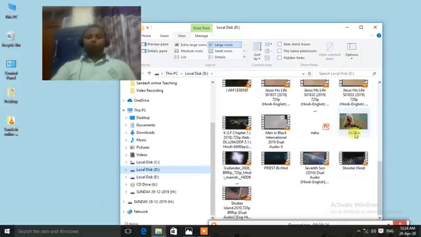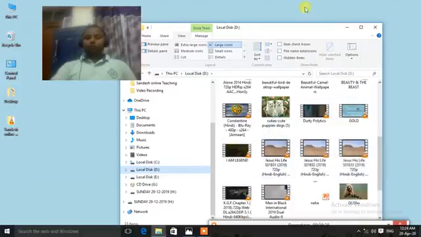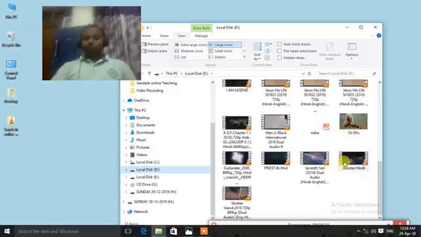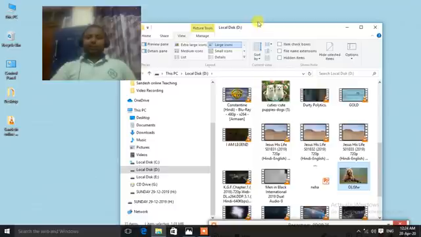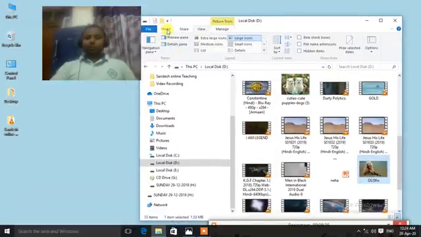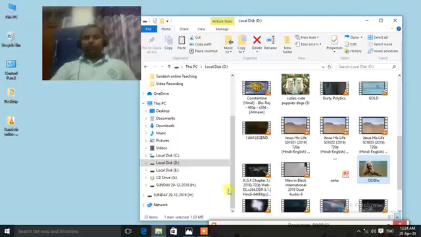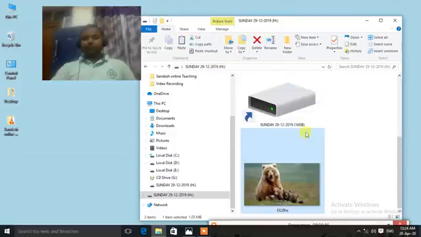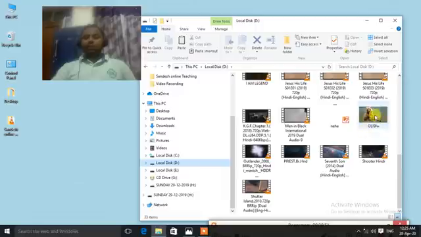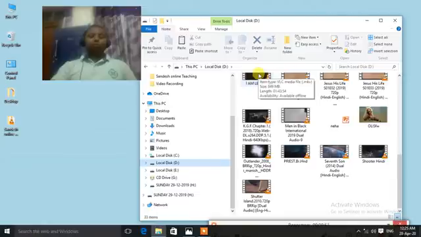If you want to copy a picture, what to do? Same thing. Suppose this one. Select this, click on copy, then click on pen drive, then click on paste. Now you can see this. So it is here also and it is in D drive also. Same picture. So we have learned how to copy or move a file from a drive to another device, or pen drive, another storage device.